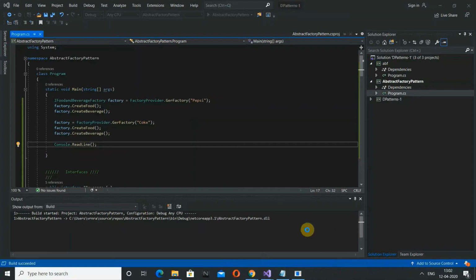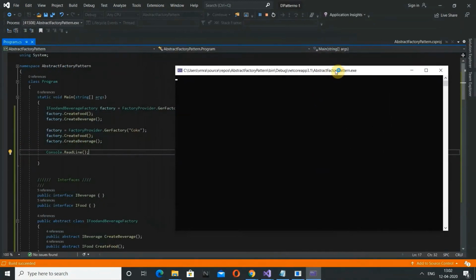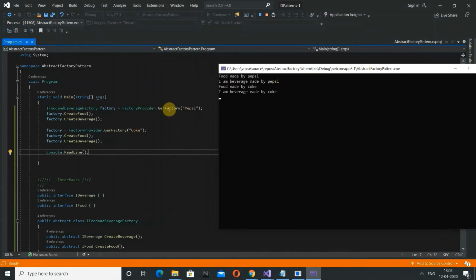It's taking some time. Yep, here's the output. As you can see, first we get food made by Pepsi because we call the Pepsi factory, and in the second two